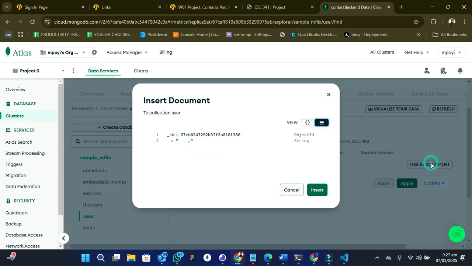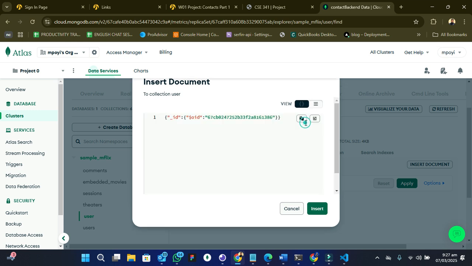So come here, insert, then I want to insert data here. Come here, insert, like I want to insert name. So we are going to insert in JSON format, like name will be James Carl,